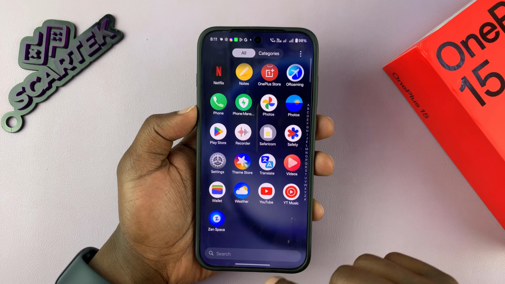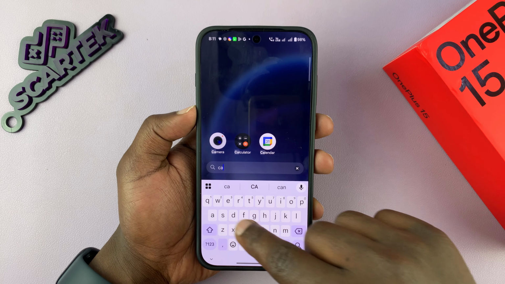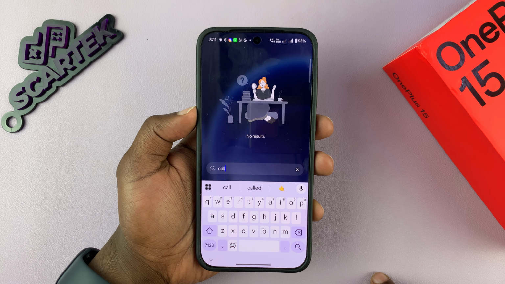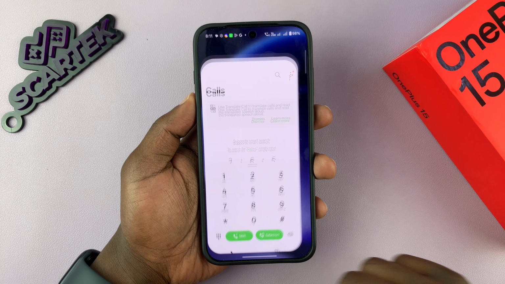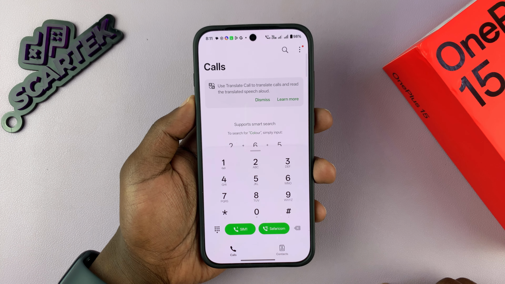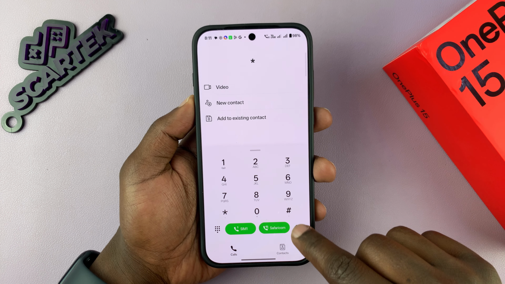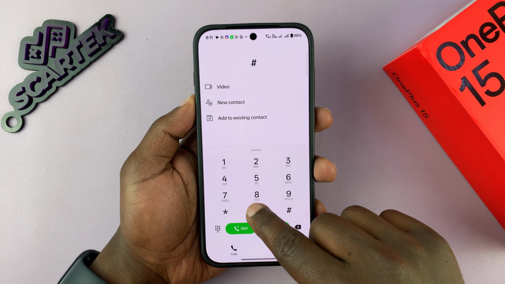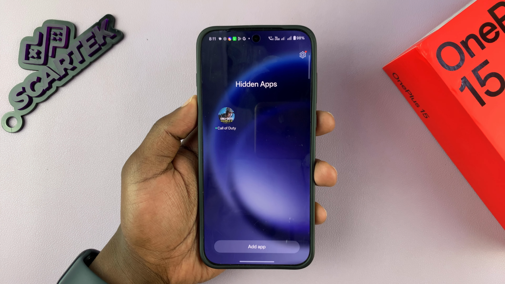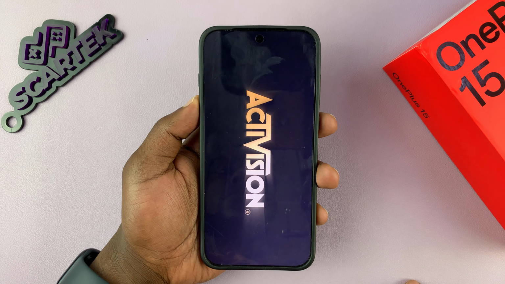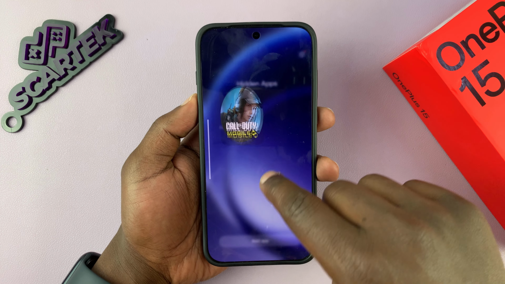Okay, I can even search for it and it's nowhere to be found. Now to access that hidden app, I simply go to my dialer and type my access code, which is hash 000 hash, and that opens up the hidden apps folder, and I can access my hidden app from here. So that is basically how to hide apps